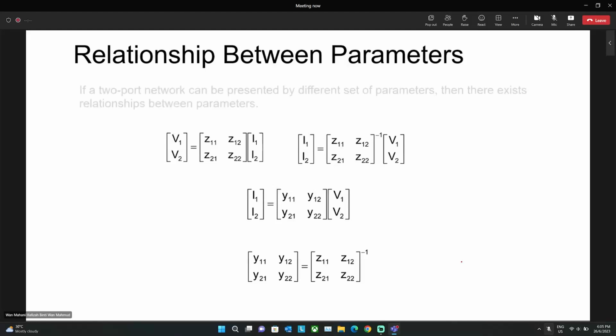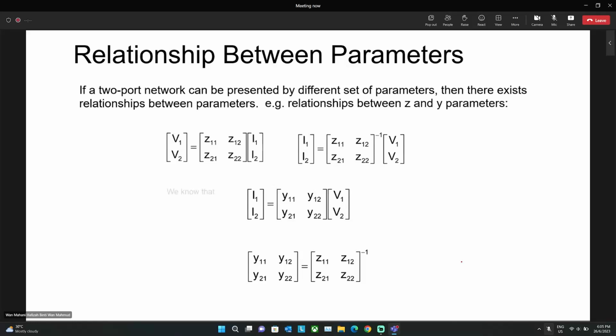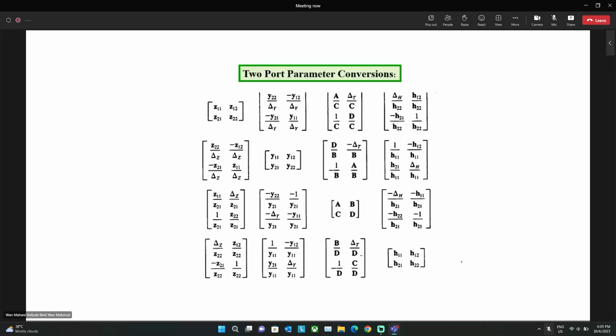Contoh. Okay. So, dia sebenarnya ada table. Ini contoh table untuk Z, Y, hybrid dan juga transmission parameter. Dalam appendix 1 yang saya share dekat author tu dia ada 6: Z, Y, hybrid, inverse hybrid, transmission dan juga inverse transmission. Tapi ini untuk 4 parameter sahaja. So macam mana you nak selesaikan? Contoh